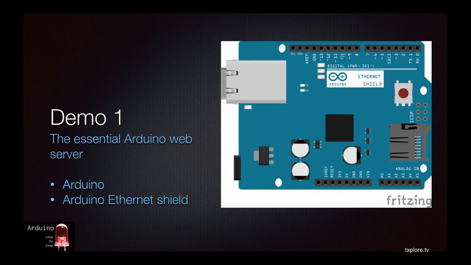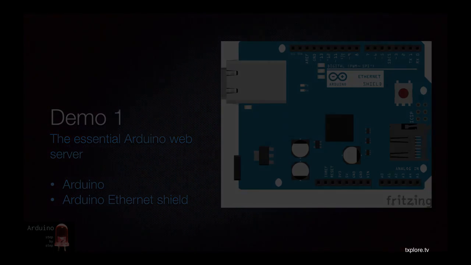For this demo, we're going to be using an Arduino and an Arduino Ethernet shield and nothing else. I'm going to show you how to set up a basic reporting web server on your Arduino. A look at the simple web server from one of the examples that come with the IDE. In demo 2, we'll make a few changes to it so that it reports data from a humidity temperature sensor